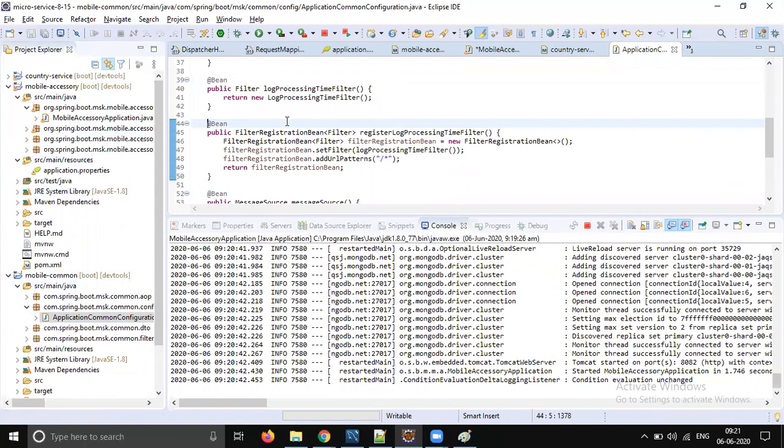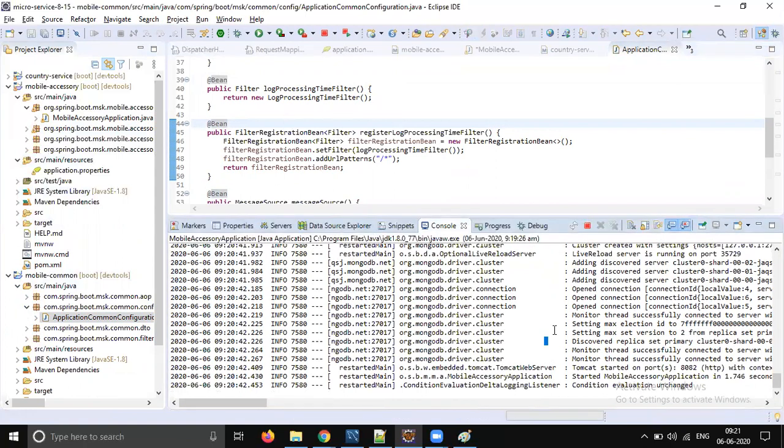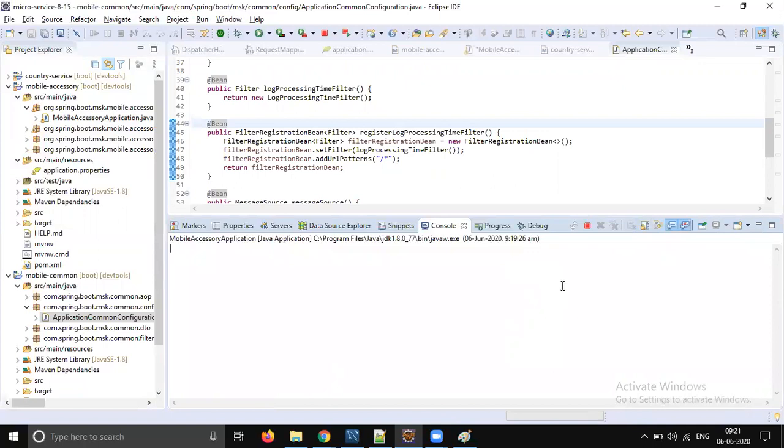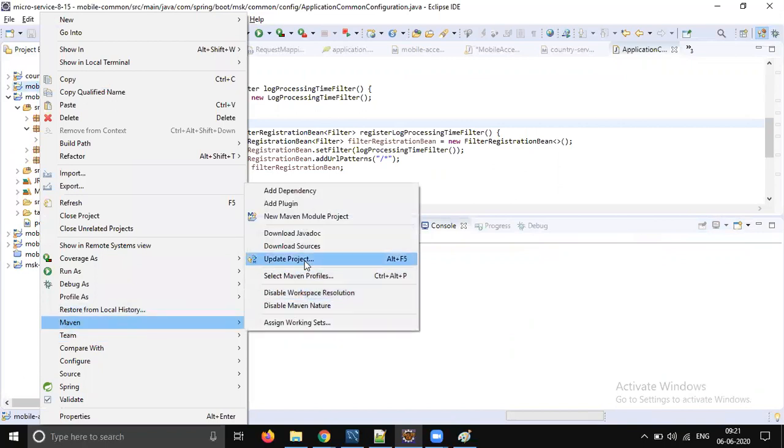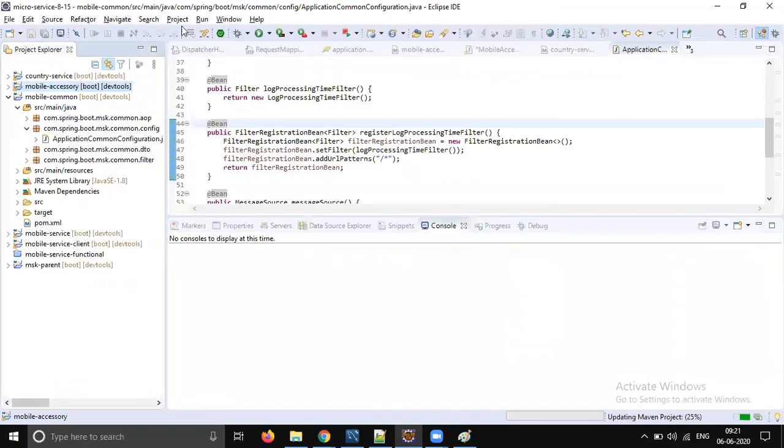So the dependency has changed. Let's wait till the server is rebooting, or else let's do a Maven update again. Right click, project update, clean.